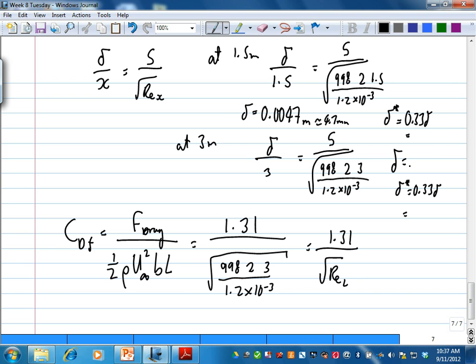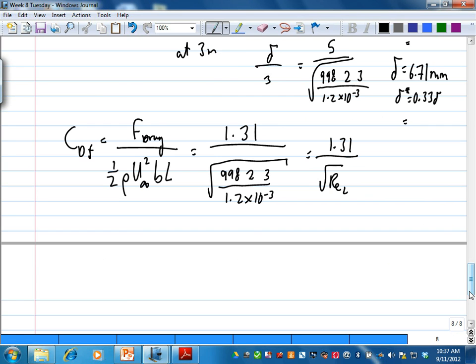What's the answer for the second one, at 3 meters? 6 point